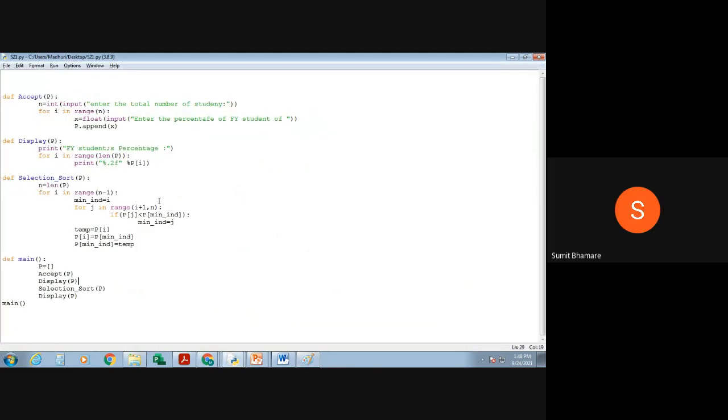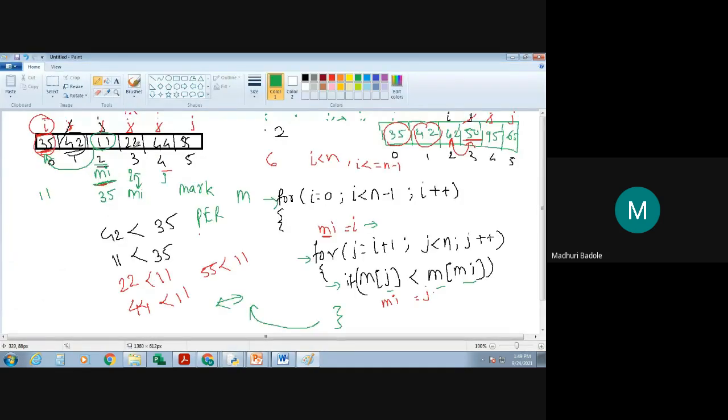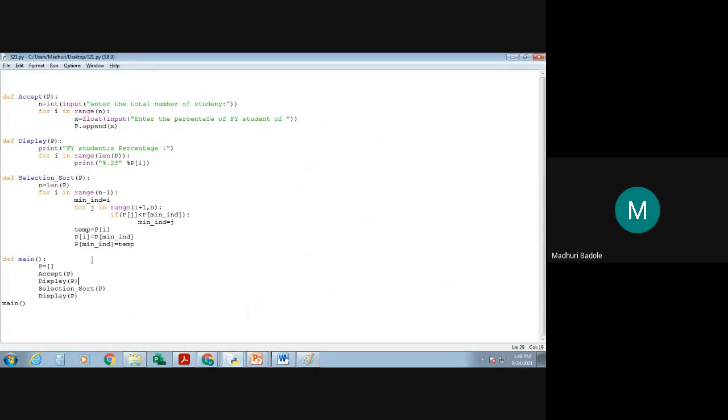No. Fine. So can anyone suggest what the logic should be? This is also correct, because we'll get the same output. But we know that if the same indexes are obtained, we'll still be swapping that element with itself. So it is somewhat time consuming. And as a programmer, I have to save the time. Now, can anyone tell me what change I should make in this selection sort's logic? Yes.